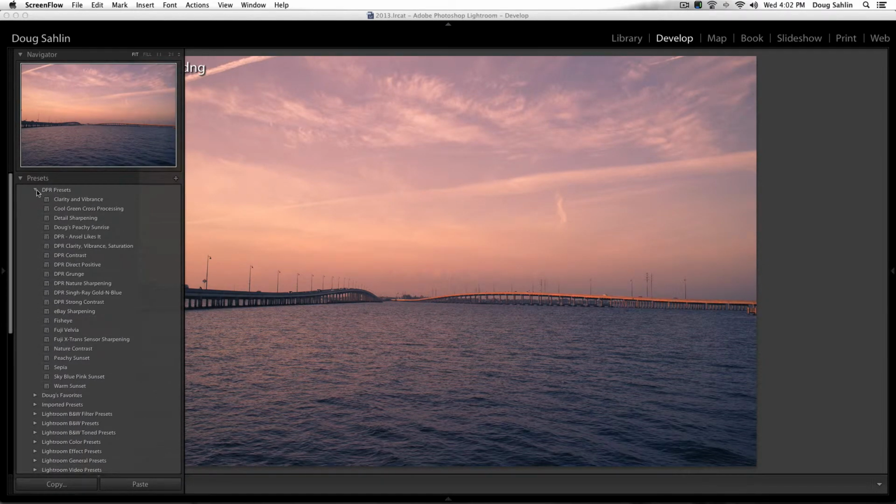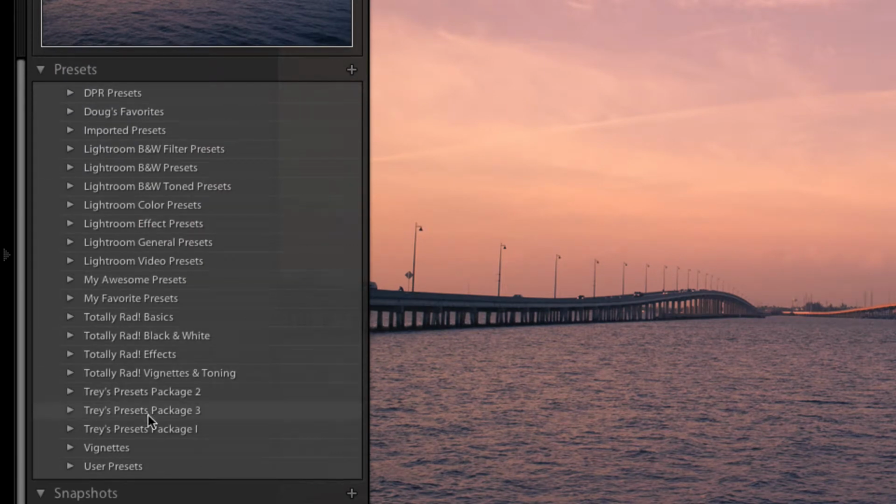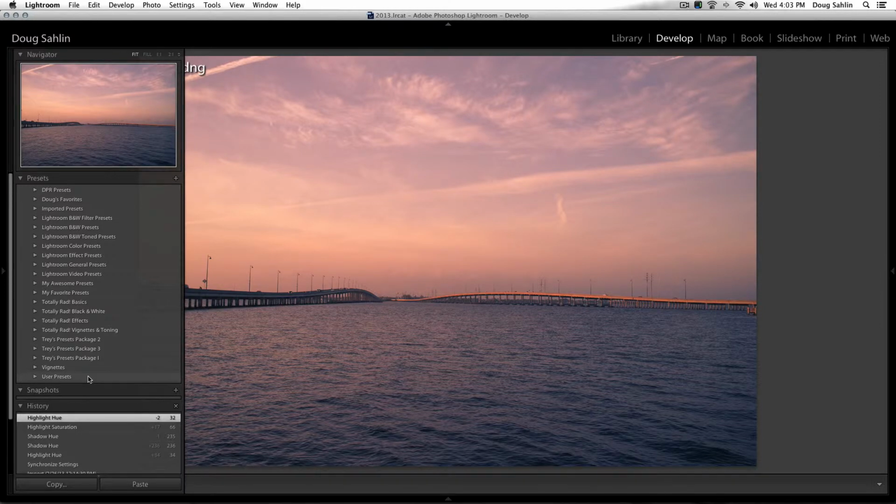And when you get Lightroom, you've got gobs of presets that ship with Lightroom. Plus, you can search for presets on the web and import them. And you've got a panel down here known as user presets. Now you could store your first presets in here, or you can do like I did and create a folder